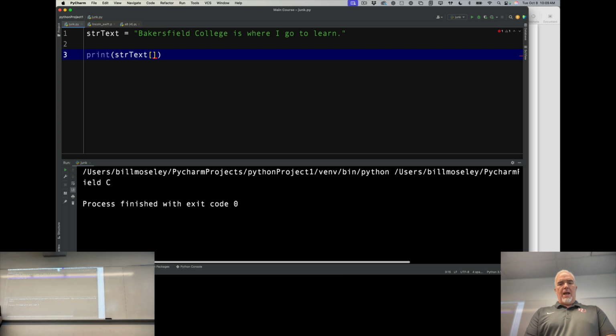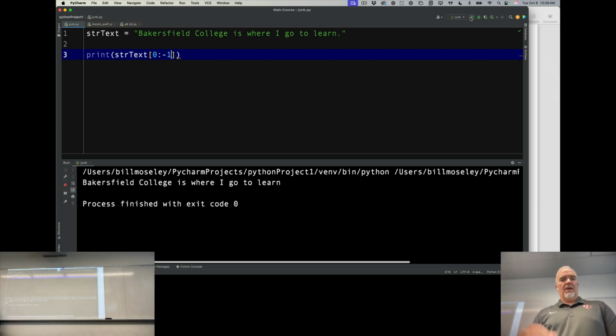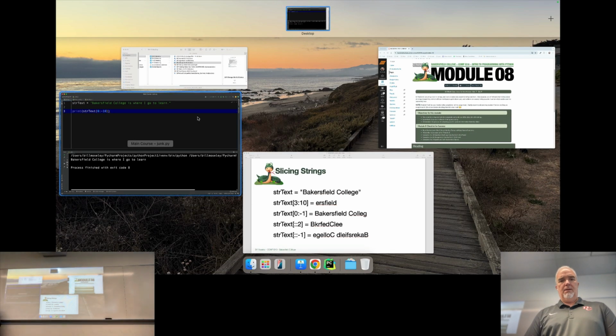If I want to, I can start at the beginning, which is 0. And let's say I know there's a period at the end of this sentence and I want to get rid of it, or there's some random character at the end I want to get rid of. If I give a negative number for the second argument, it counts in from the back. So if I say -1, it'll end 1 space from the end. So it goes from 0 to -1 and leaves off the last space. So when I print that, I get the sentence without the period. If I say -10,